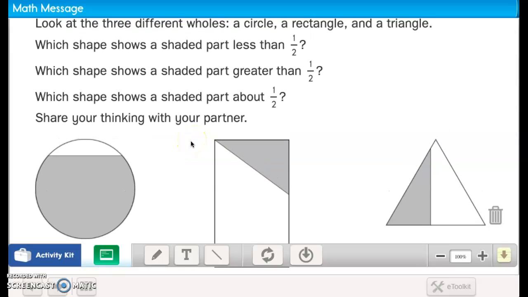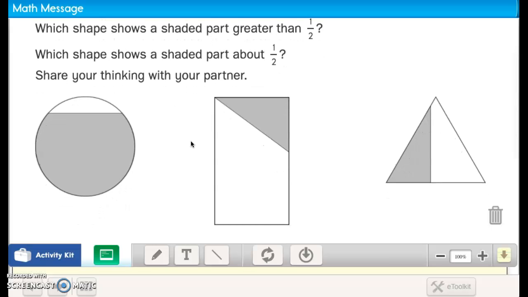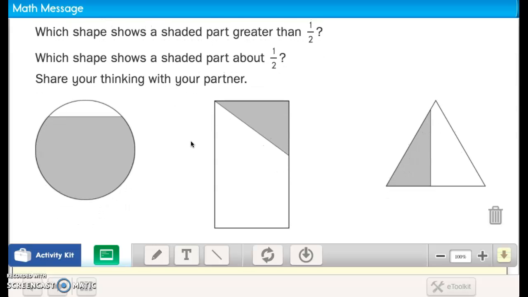Which shape shows a shaded part that is about half? Which one do you think is close to a half? I hope you picked this one, triangle, because this one looks like it's almost a half. Right here would be a half, but it's a little bit less than a half. So